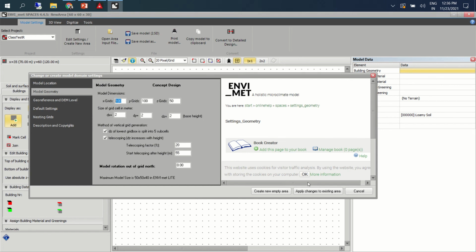Excuse me, sir. Yes. Sir, we have mentioned the Z grid as 50 and one grid is 2 meters in height. So the telescoping height that you have mentioned is 55. Means as per the grid, it will be the 100 meter height. 20% of the total height, but our total height will be 100, no? If the grid is 50, because one grid has 2 meters. Yes, it will be 100. Yes, correct. You're correct.